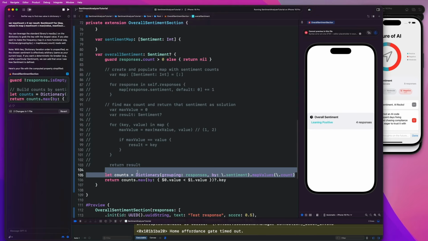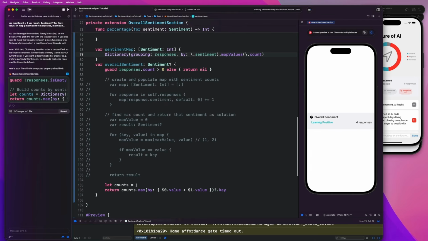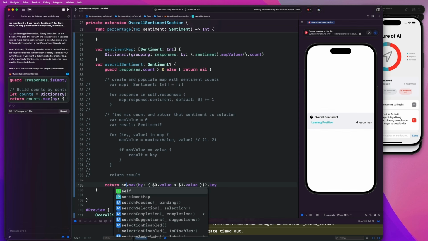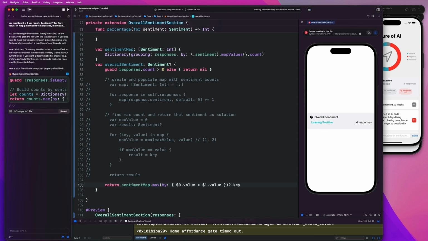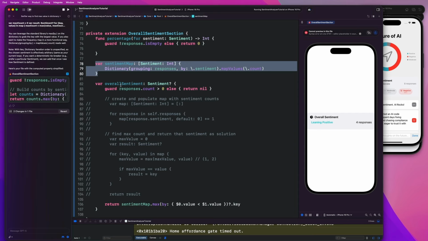And here, we are just going to grab this single line of code. And here, we are going to return sentimentMap.max by all that stuff. So now we have reference to our sentiment map from outside of the scope of this computed property,